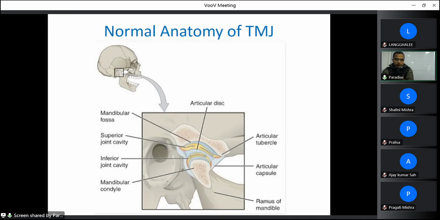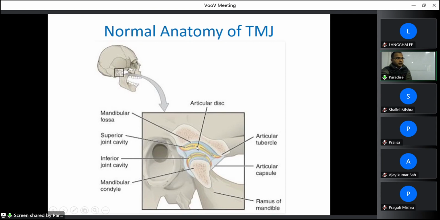If you see the normal anatomy, the temporomandibular joint is divided into two parts by the articular disc: the superior joint cavity and the inferior joint cavity. The volume of the superior joint cavity is about 1.2 ml. It consists of synovial fluid, and the volume of the inferior joint cavity is about 0.8 ml. As we know, the condyle has two types of movement: rotatory movement and translatory movement. Rotatory movement only takes place in the inferior joint cavity, whereas translatory movement takes place in the